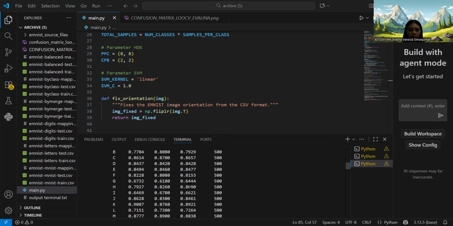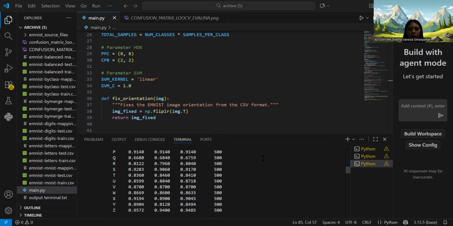On the other hand, the letter G is one of the most challenging to identify, with an F1 score of 0.6444, likely due to its visual similarity to letters like C or O. In contrast, letters such as M, O, P, and S perform very well with scores above 0.88, and the letter that achieves the best result has an F1 score of